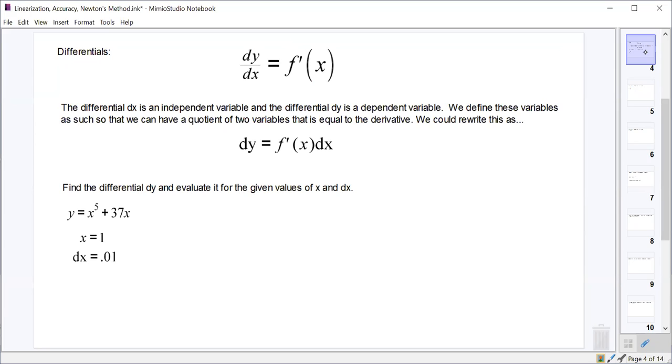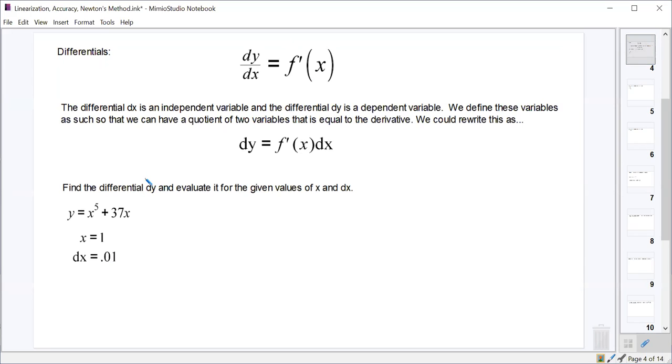And so this is effectively doing the same thing. It's treating the dy dx only as a slope and saying that small change in y is equal to the derivative times the small change in x. And so we should be able to apply this to any function that we want. For example, a function like x to the fifth plus 37x. So if I say x is going from 1 to 1.01,